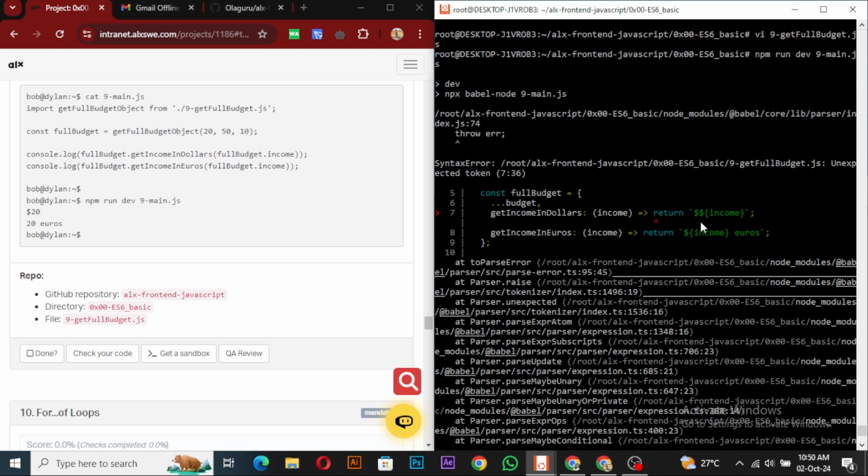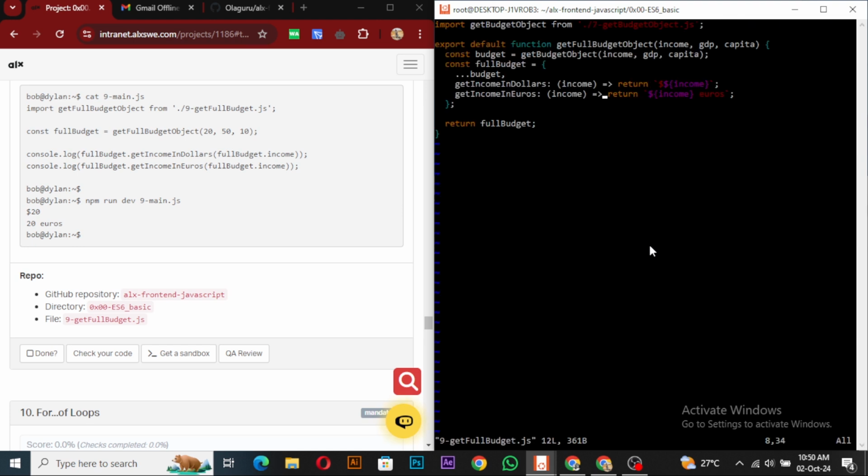Let me see. Okay, I think we need to remove the return itself. The return is not supposed to be there. It knows that it is returning that. So